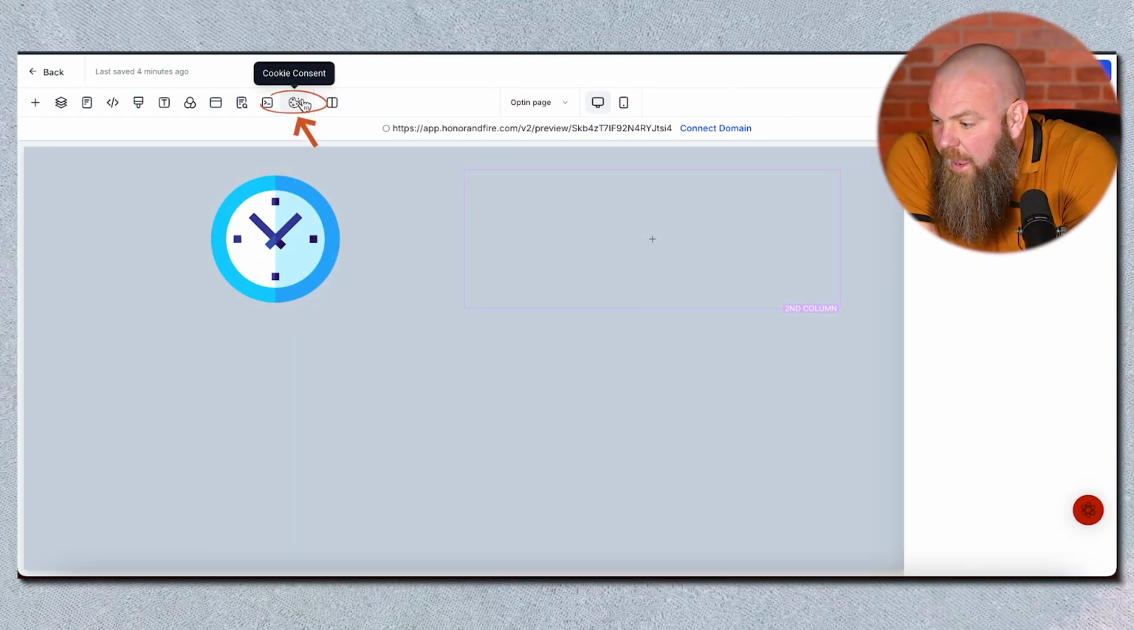Last is cookie consent. Everybody loves cookies. Cookies are one of those things that you love to hate, but then sometimes it really benefits you. If you are wanting to have a consent banner where they have to accept or deny the cookies, this is